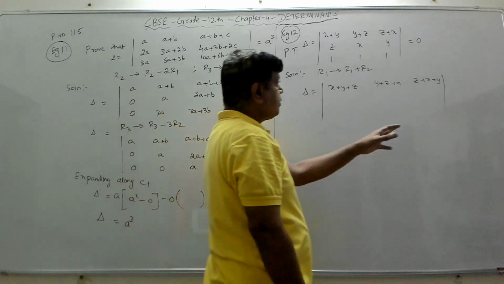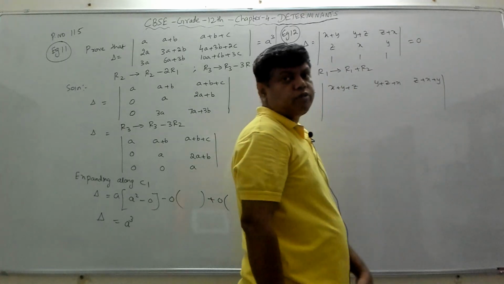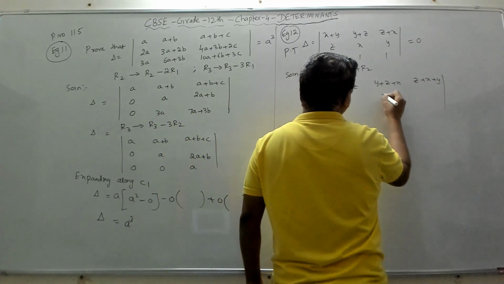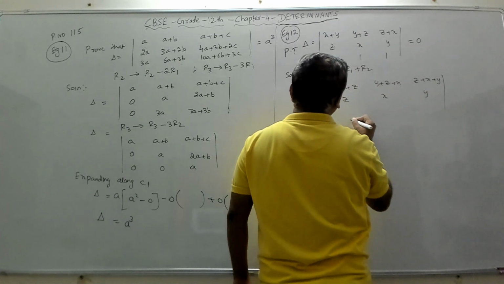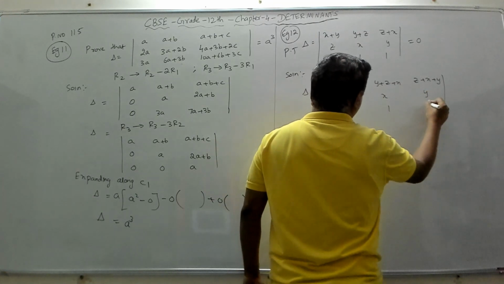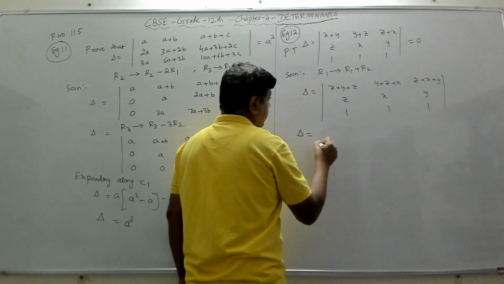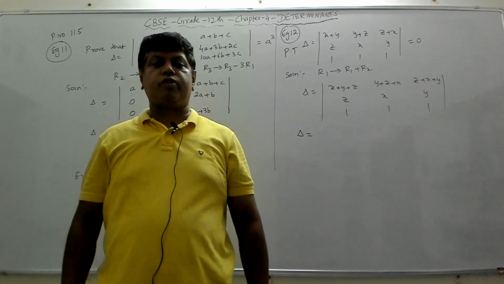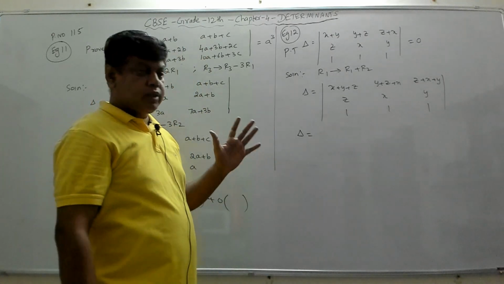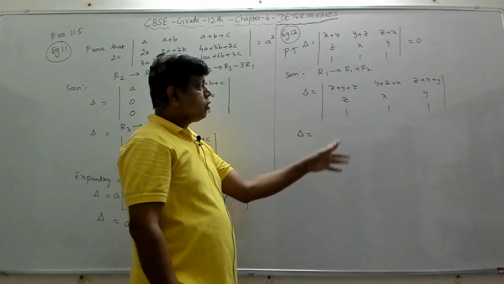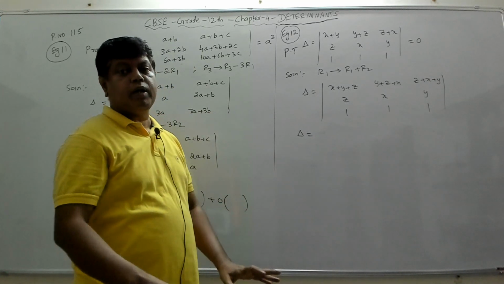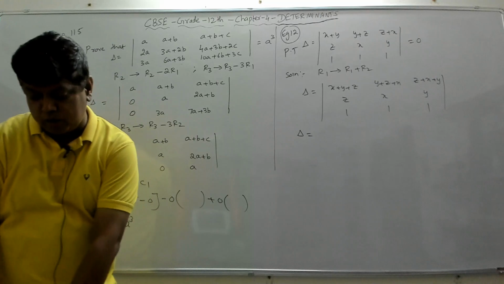So we cannot put it equal to 0 here. We have to prove that it is equal to 0. Now the second row, no change. I am writing it as it is, z x y. Then the third one, 1 1 1. So delta equal to, now if you see the first row, all the elements are the same. If any particular number is common in a particular row or in a particular column, that can be taken out of the determinant. That is by our determinant property number 4.